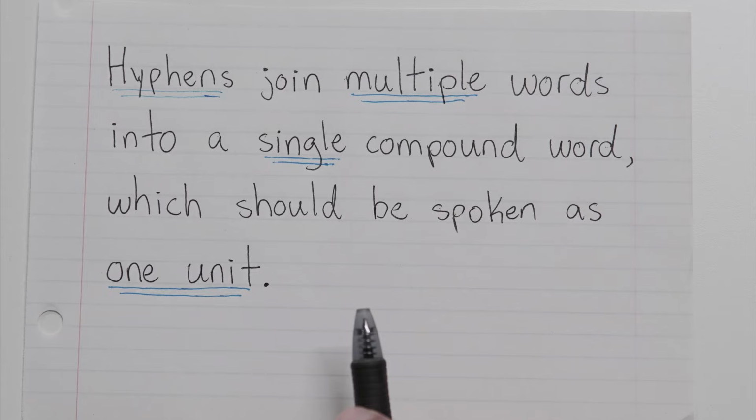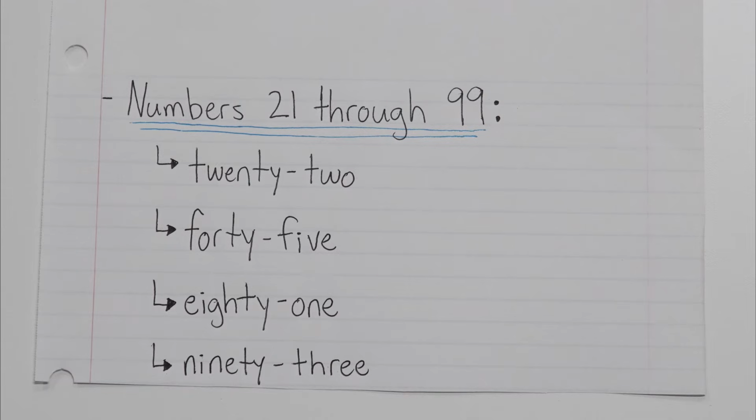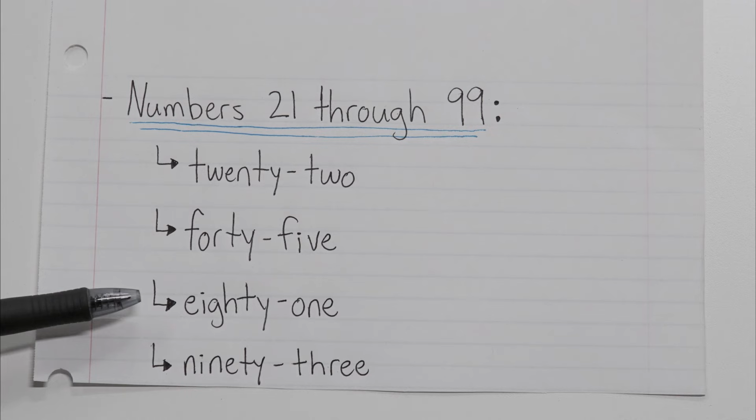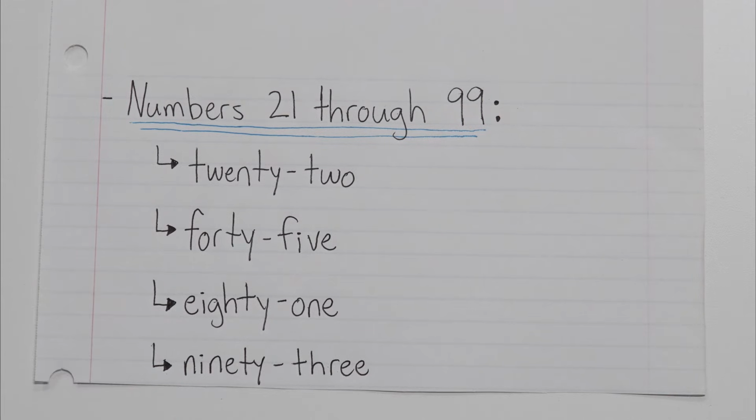always have hyphens. The first set of words are actually numbers, and those numbers are numbers 21 through 99. Why? Well, because when you actually write these numbers out, they're all two words: 22, 45, 81, 93. So once again, any number from 21 to 99 should be hyphenated because those numbers are all two words, but